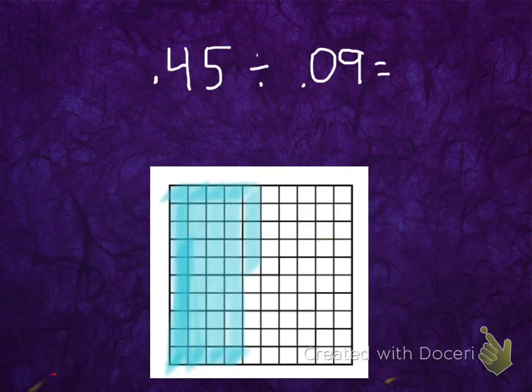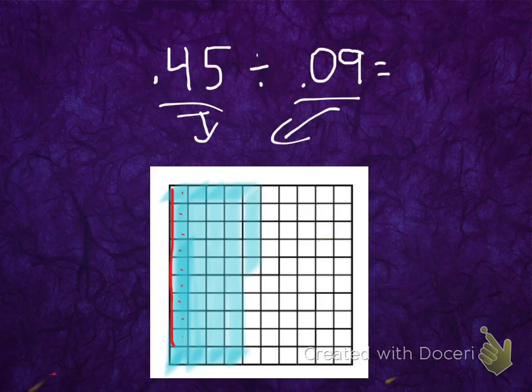Okay, let's take a look at one last one here. We have 45 hundredths divided by 9 hundredths. So again, what we did here is we represented 45 hundredths in the base 10 block. The dividend is going to be represented with the base 10 block. And what we're going to do is see how many groups of 9 hundredths we could get from this 45 hundredths here. And I'm going to use my pen here to mark off my first group of 9 hundredths. So I have 1, 2, 3, 4, 5, 6, 7, 8, 9 hundredths right there